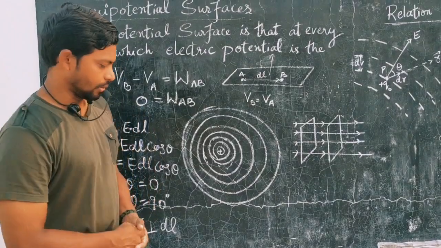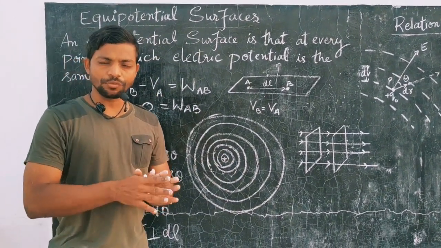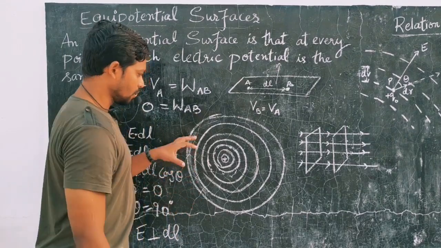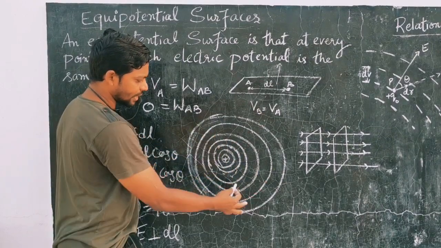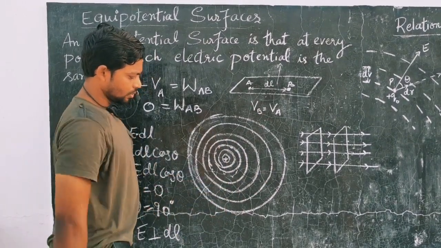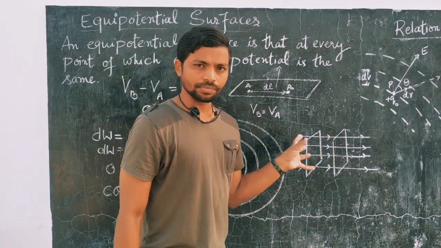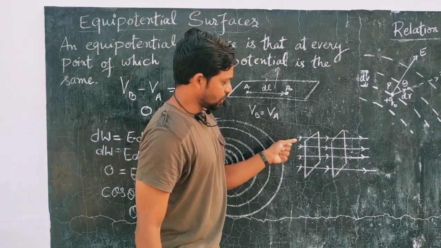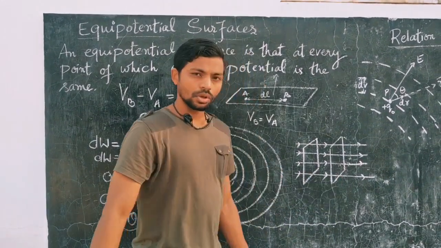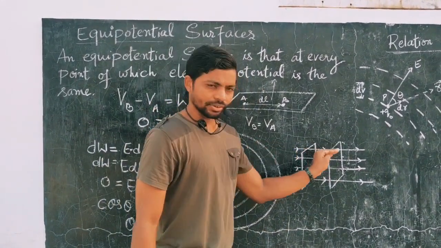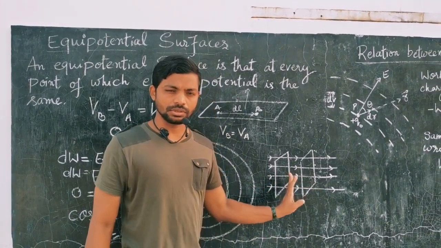Right. If we consider a point charge, you can see here in the space, then the equipotential surfaces around it would be like concentric spheres. You can see here, all these are concentric spheres, and all the centers are somewhere here. There the point charge lies, right? And the other way of understanding, let us consider parallel electric field lines which are equidistant. Then the equipotential surfaces will be the parallel planes over which these electric lines are passing normally. So these will be the equipotential surfaces, right?